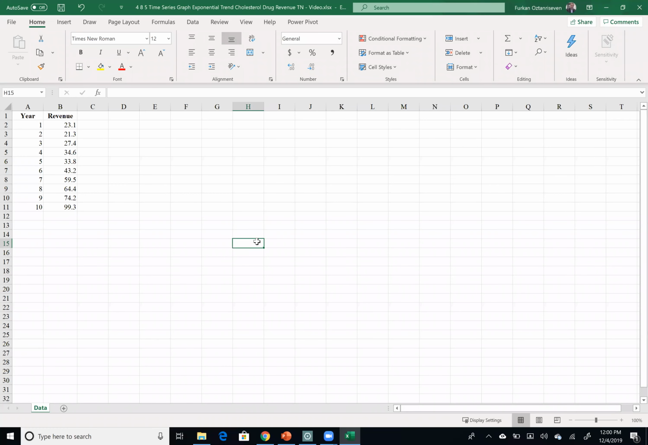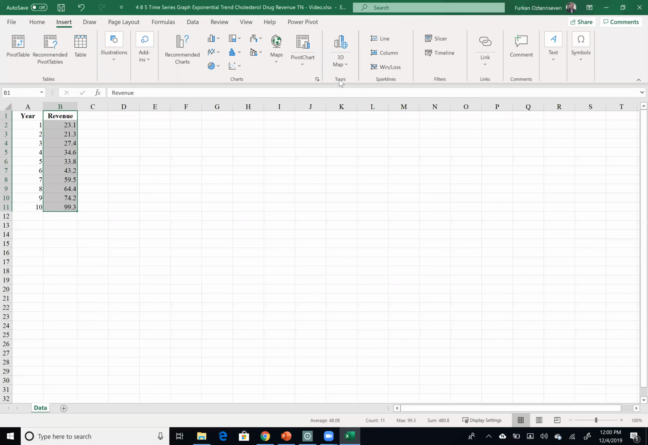In this video, I would like to show you how to create and understand a trend line with nonlinear relationships. So you can see here that I have 10 years of revenue data for a cholesterol drug company. I could create a scatter chart for this graph by highlighting this column and then inserting a scatter chart, and you